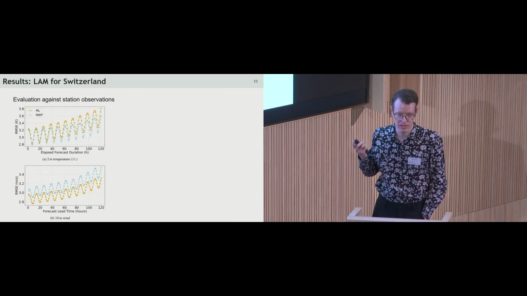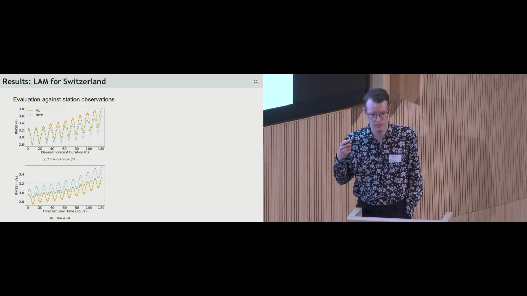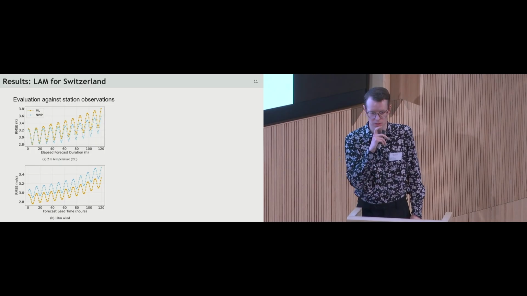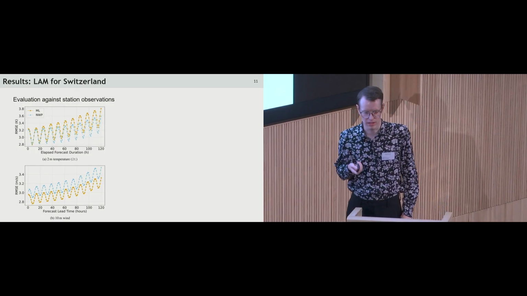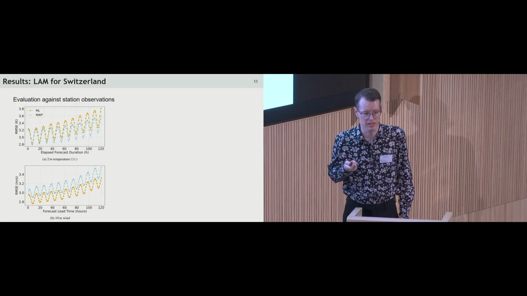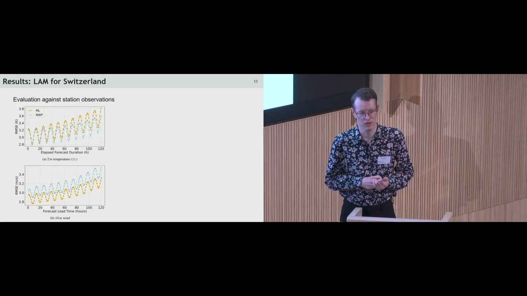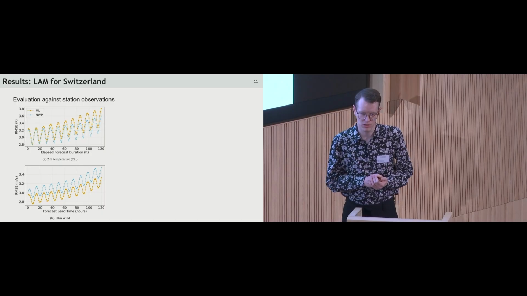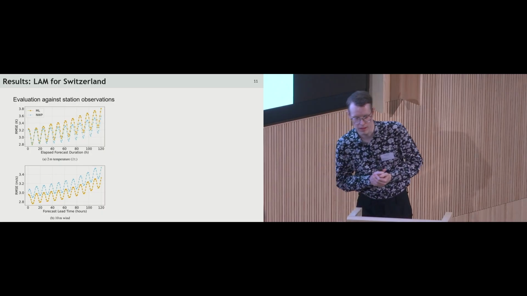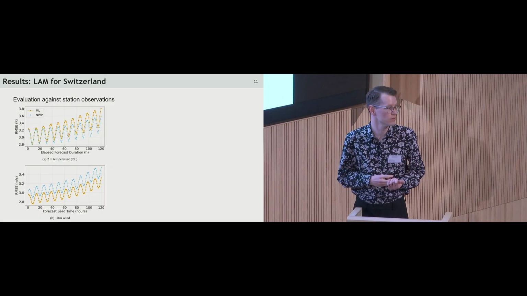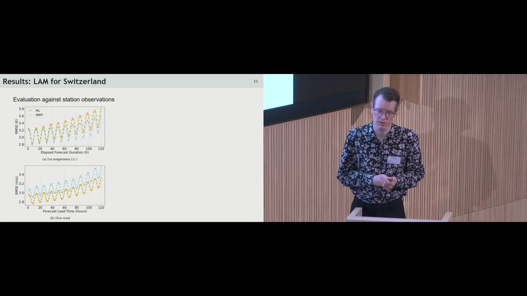We can also look at some numerical results. This is where we evaluated this against some station observations in Switzerland. We can see that for 2-meter temperature, the top one here, the machine learning model is fairly competitive with a numerical one up to a couple of days or so. Whereas for the 10-meter wind, the machine learning model is actually achieving lower RMSE scores at all of the different